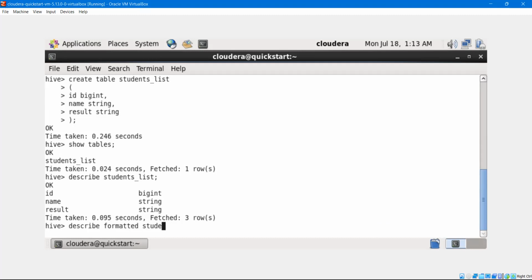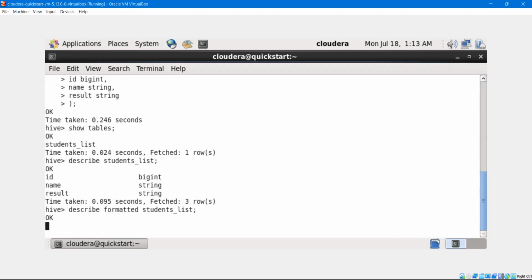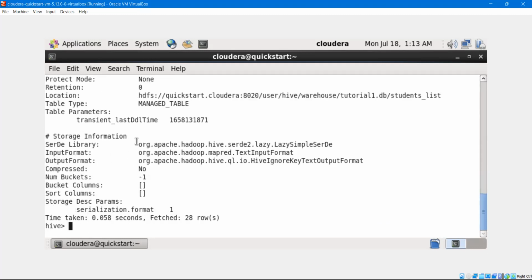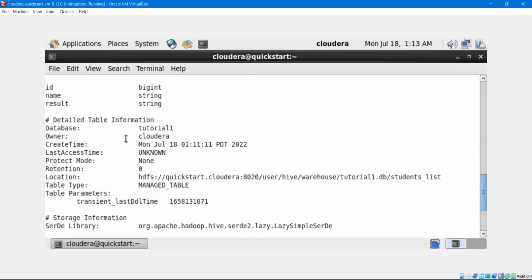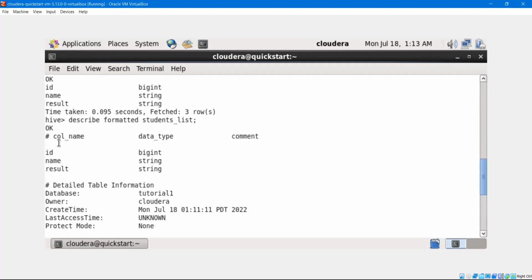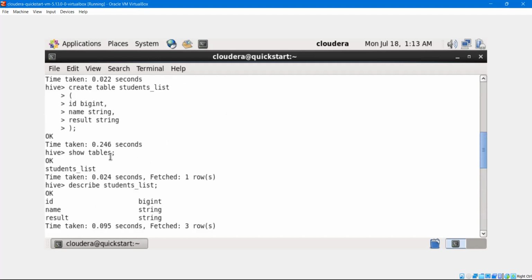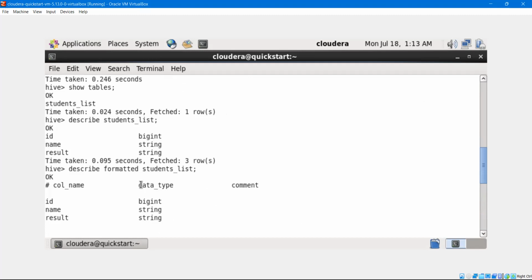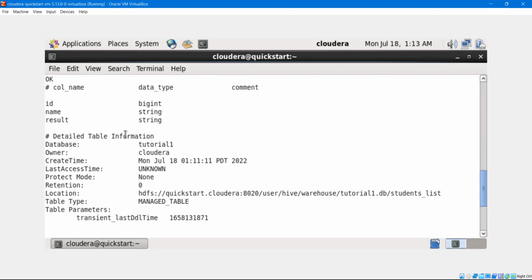Yes, so students_list, right? So again, semicolon, let me run it now. You can see a lot of information here, right? Once I give that, you can see the detailed table information, like database, tutorial-1, and also who the owner is, Cloudera, when it was created,